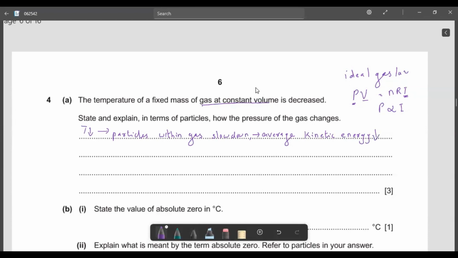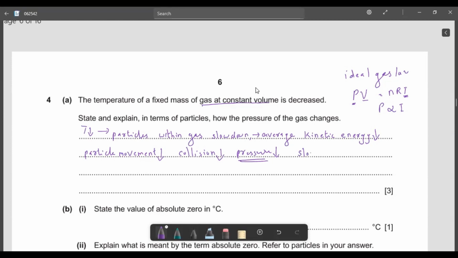So as the average kinetic energy is less, the particle movement is also less. The particle movement reduces, it decreases. So collisions will be less. As particle movements are less, collisions also get reduced. So collisions being less means pressure will automatically reduce. So here pressure is getting reduced